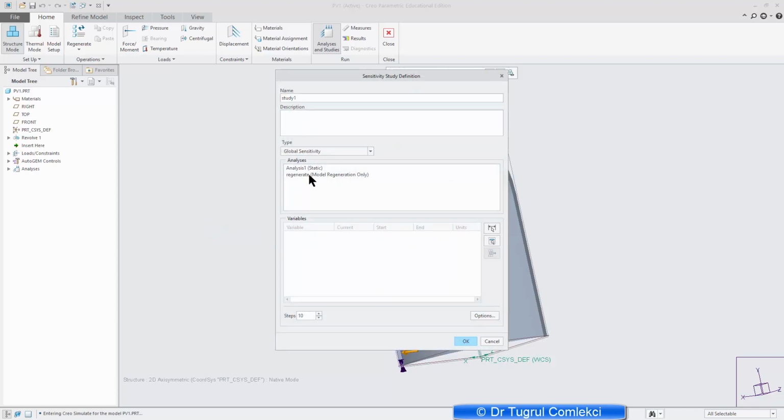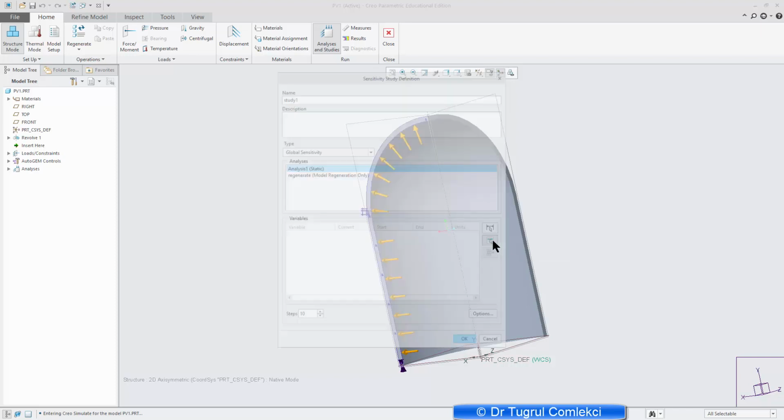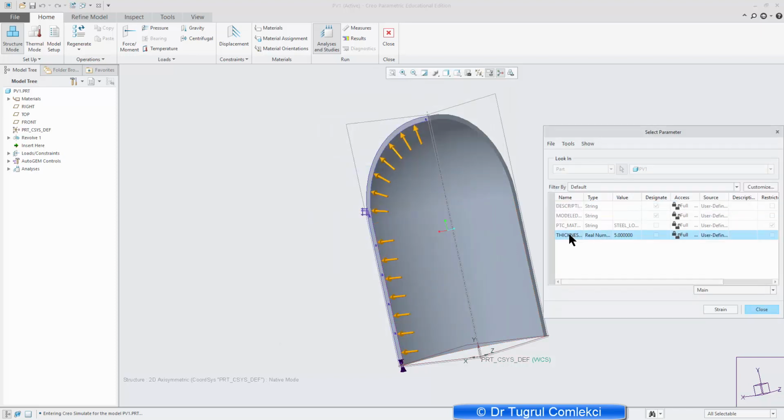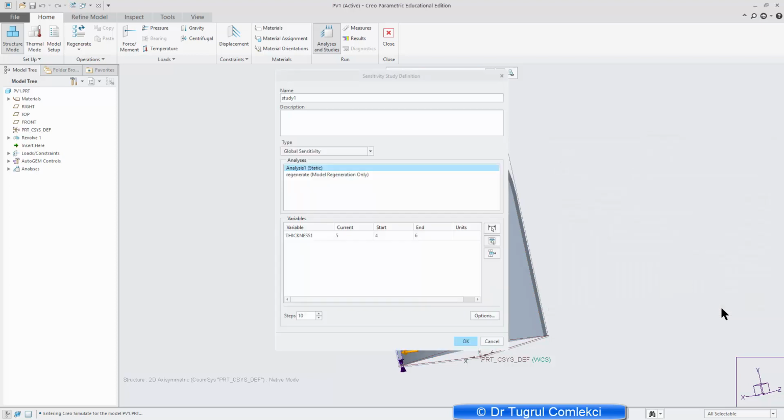This will use analysis 1 and also use the thickness, which is going to be one of the parameters from the model. So I can select this thickness, and clicking add will add that to my sensitivity design study,